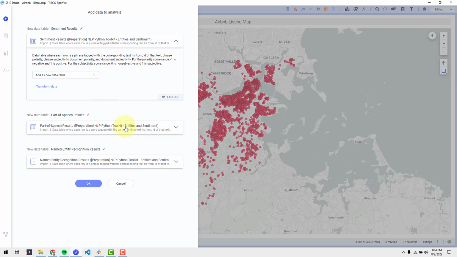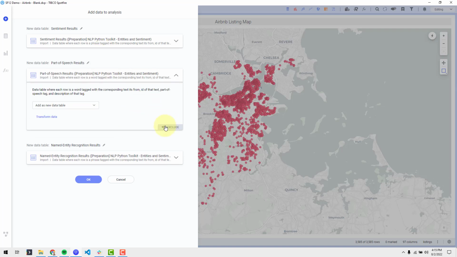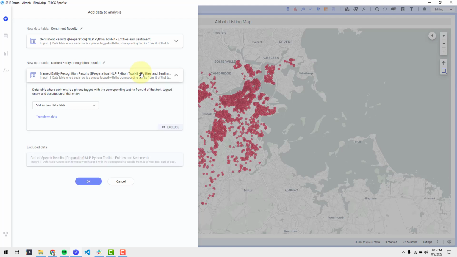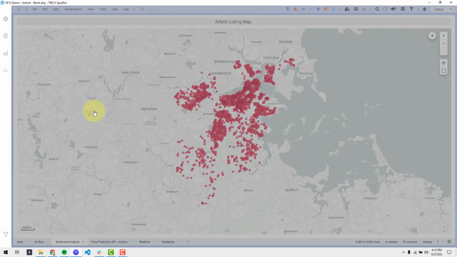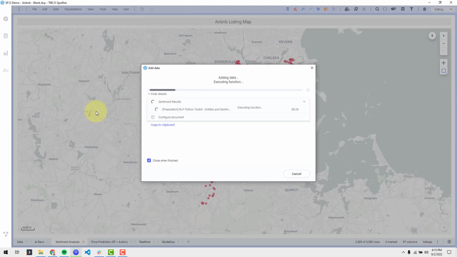I have sentiment results, I have part of speech results. I'm going to exclude that. I'm not as interested in the part of speech, and I have NER, named entity recognition results. I'm not interested in that as well, so I'm going to exclude that. I just want to keep my sentiment results, and I'll hit OK. And now we see this executing on all of the